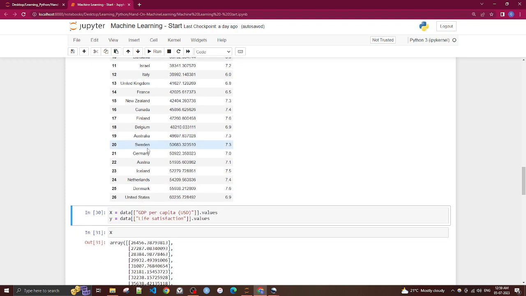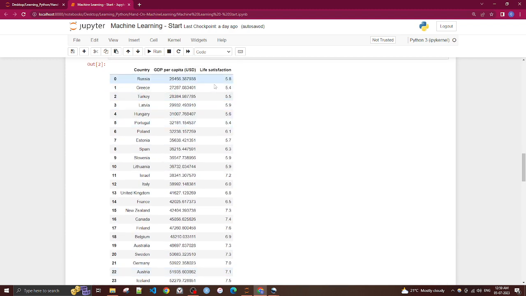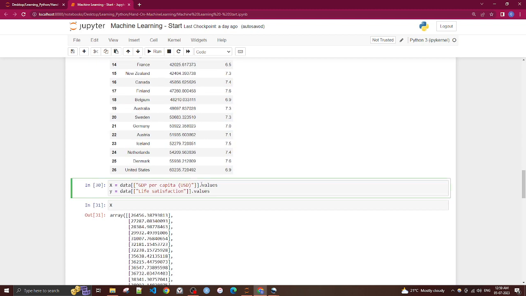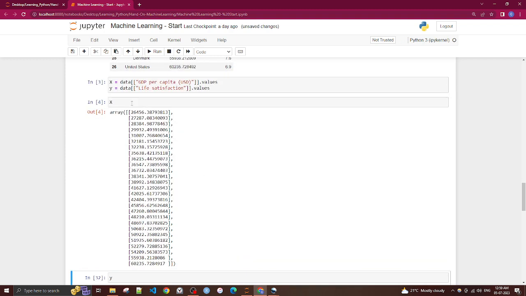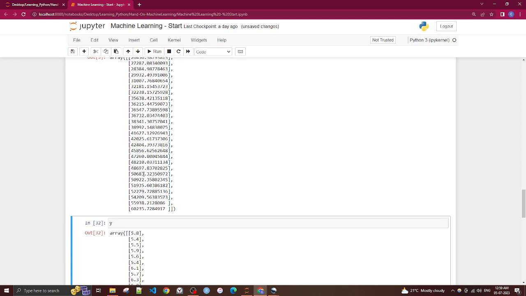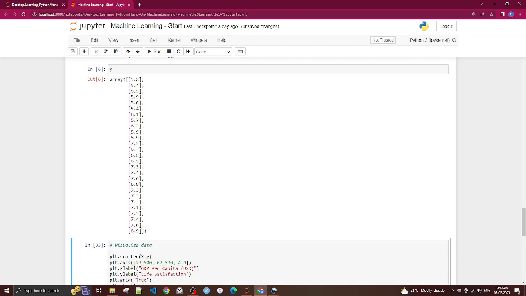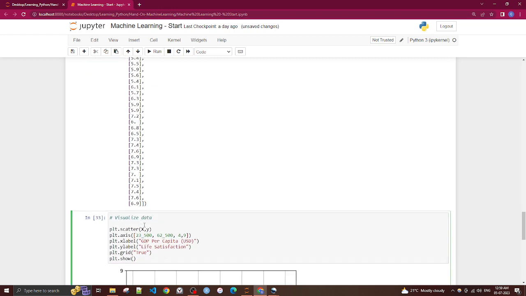What we are going to do is use this data. The X parameter is the GDP and the Y parameter is the life satisfaction. I'm putting all those values into X and Y, with X as a one-column 1D array, and similarly Y, and let's visualize our data.